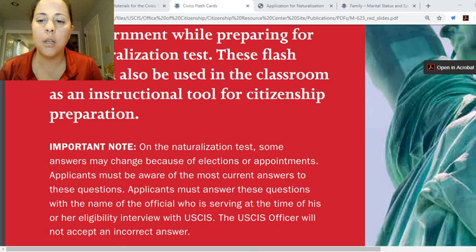For example, who is the current United States president? Donald Trump. But if you take your test next year, it might be someone different. Maybe. Okay, may change. That answer may change if you take your test next year, because this year is an